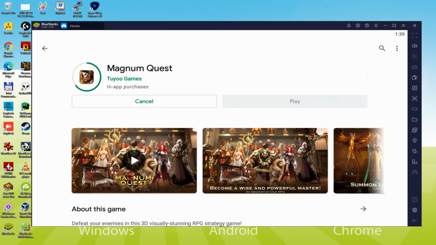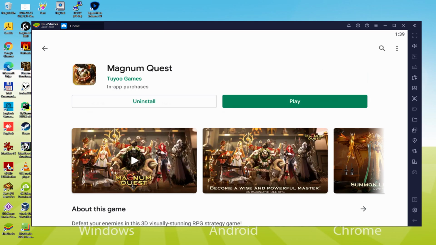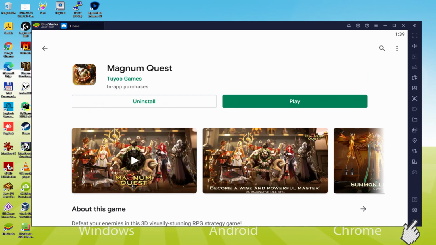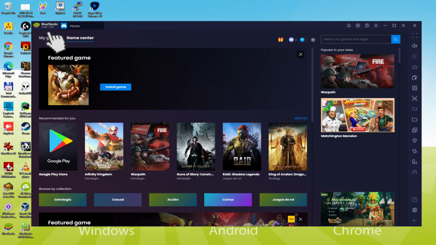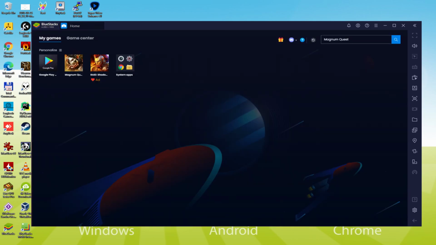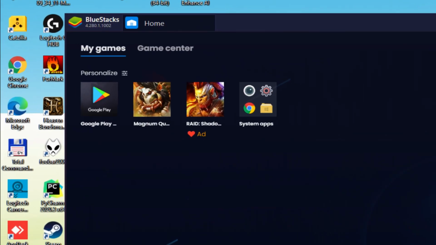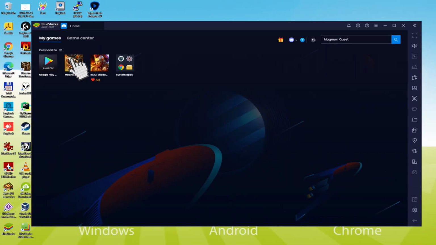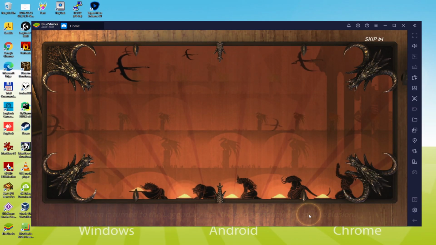It usually takes a little while or perhaps it might be very quick. That all is determined by our connection to the web. It has just finished installing. It's time to go back to the emulator desktop by simply clicking on this option I'm emphasizing in green, in order to launch Magnum Quest for the first time. We should press on that My Games choice just above. I am now on the emulator desktop, and we're going to click this new Magnum Quest icon which has been provided. That Android game is launched for the very first time.